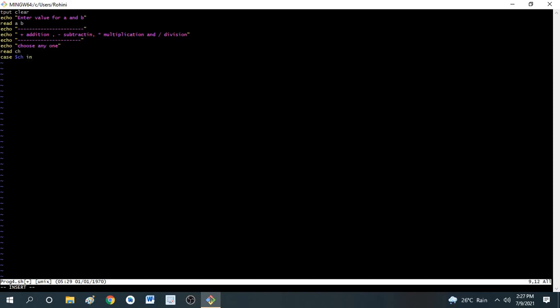So you have to use this particular format, that is case, then variable, in. You have to start with the first one, that is in single quotes. So there must be no space between this.